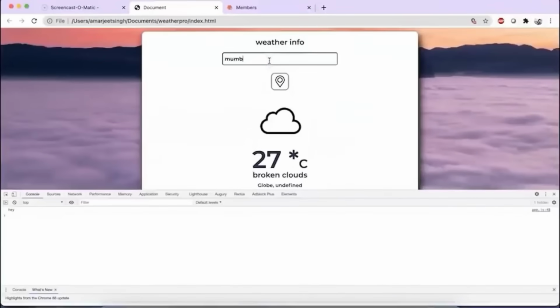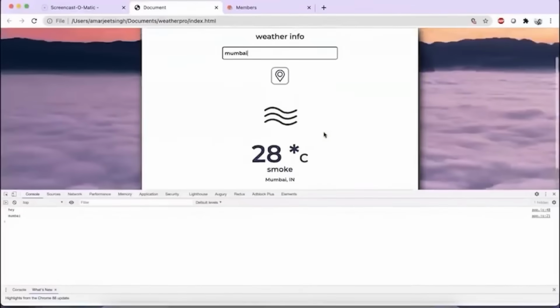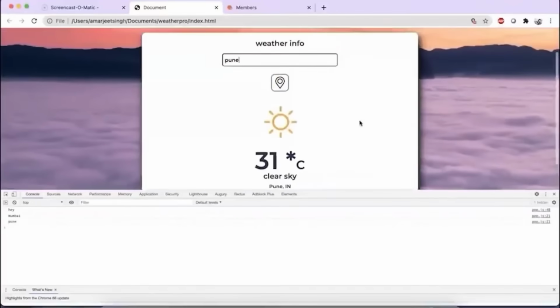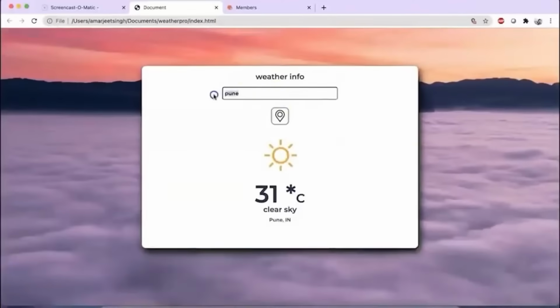Intercity, you can see, awesome, beautifully it is showing you the conditions. It's saying smoke 28 degrees centigrade and all. Let me put another city here. I'm gonna say called Pune. Awesome, your application is working perfectly fine. And let's see one more. I would say